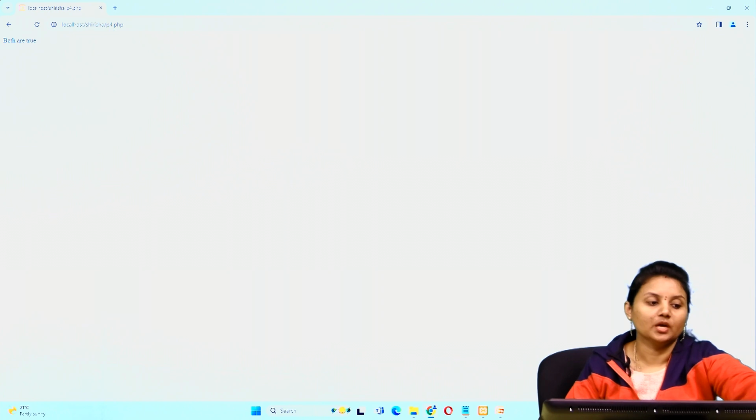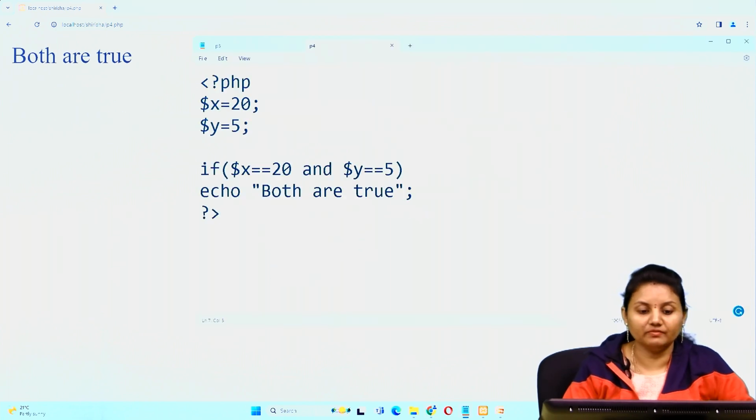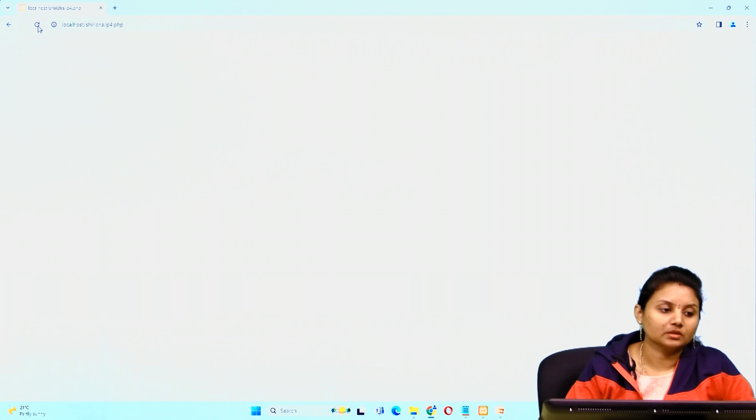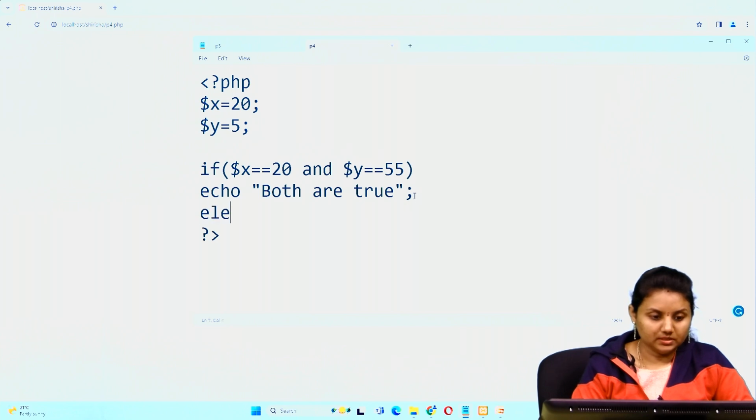Both are true. So why are we getting both are true? Whatever conditions we have given, it should return true since we have given and here. Okay, let me change this to 15 or 55. Let me refresh. So you are not returning anything. So here if I give else